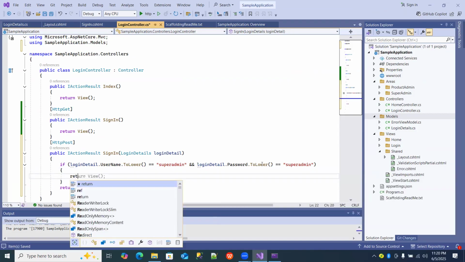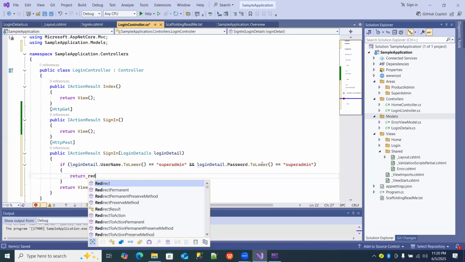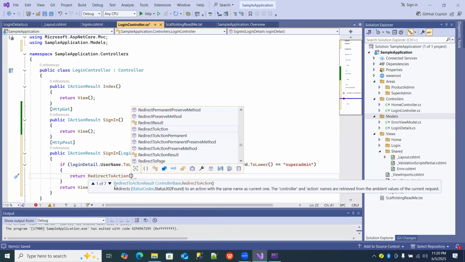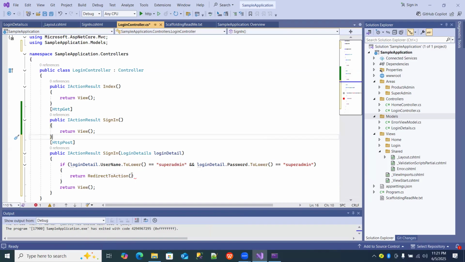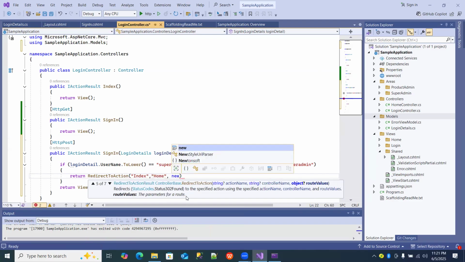Now we can return here. Return. We have a method called RedirectToAction. You can use that method and mention the parameters. They have the method overrides: action name, controller, and route name. So we can put the controller action name as index. Okay, perfect. Then the controller, we will create a controller called home, and the area name